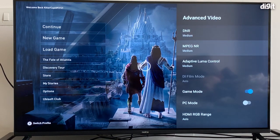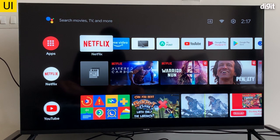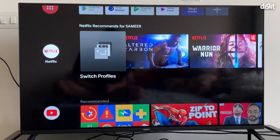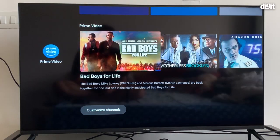But the TV has two game modes. That's something you should know about. Moving on to the UI. Now the UI is something which is just pure stock Android, so it just works. I mean, the initial setup, if you guys have an Android TV, you know the initial setup, you will see a bit of hiccups when you are setting up the TV, but apart from that,